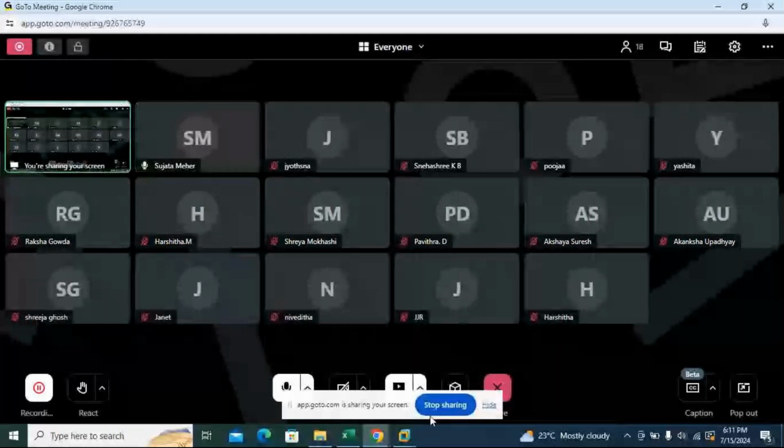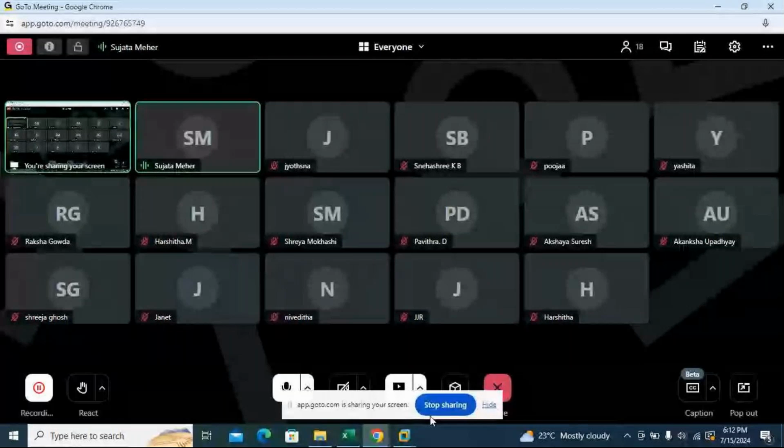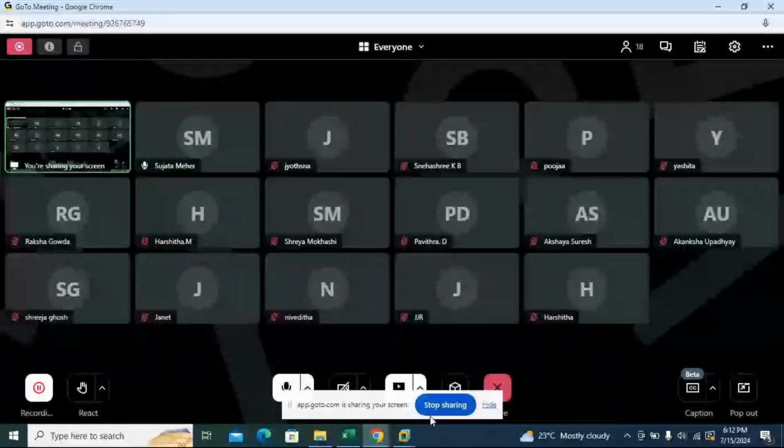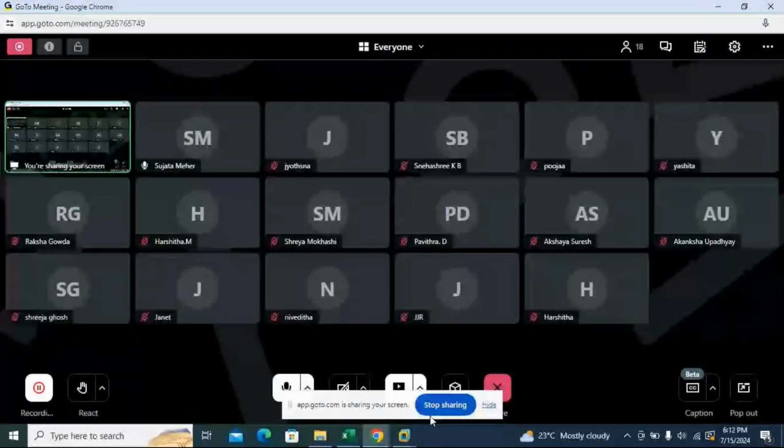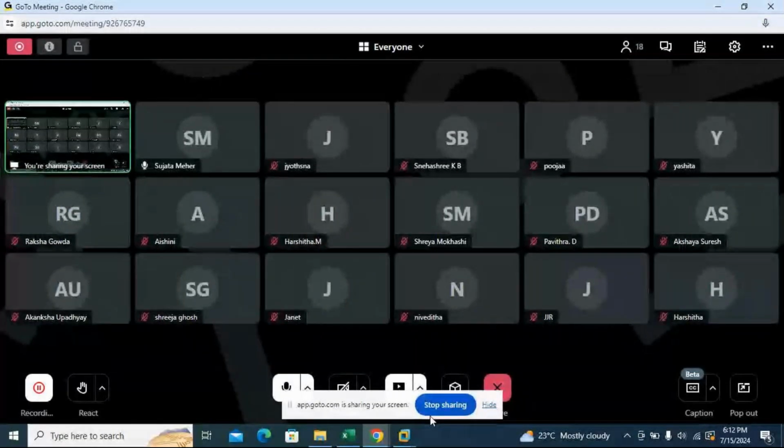Password is India123. Are you able to do that?